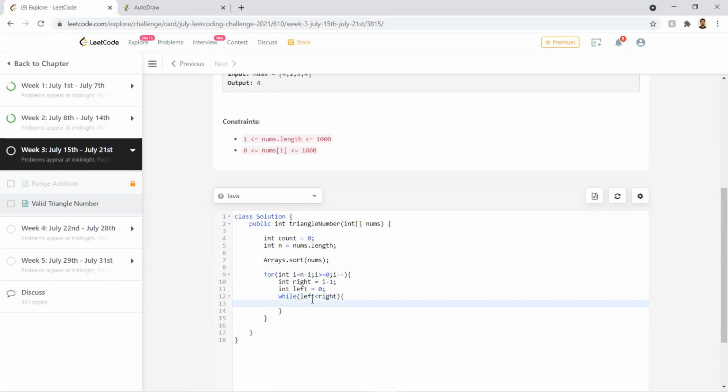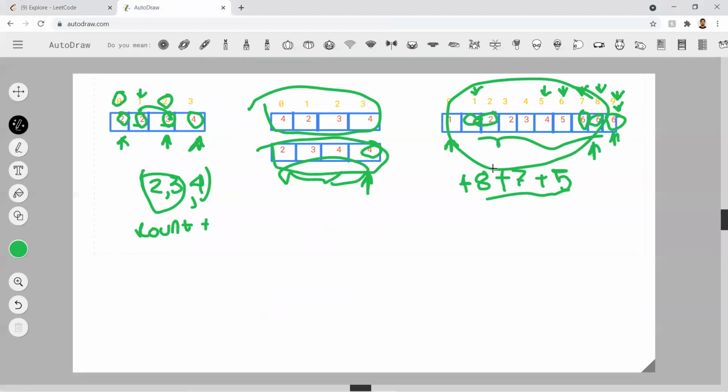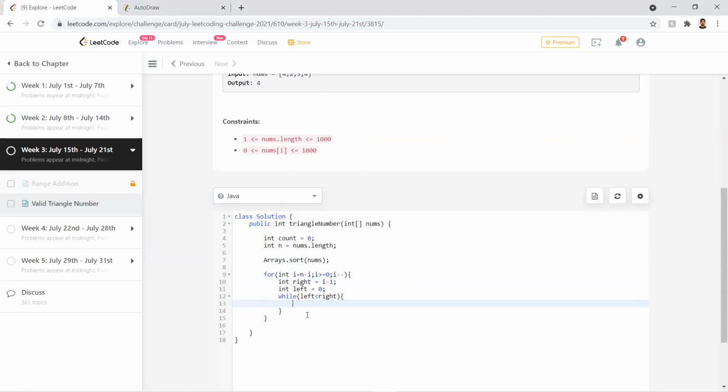We'll do a while loop and check how many combinations are present. As I have told, we need to check the difference between this right and left, so that we can get the count if the summation is higher than the last element. In that way we can increase the count.